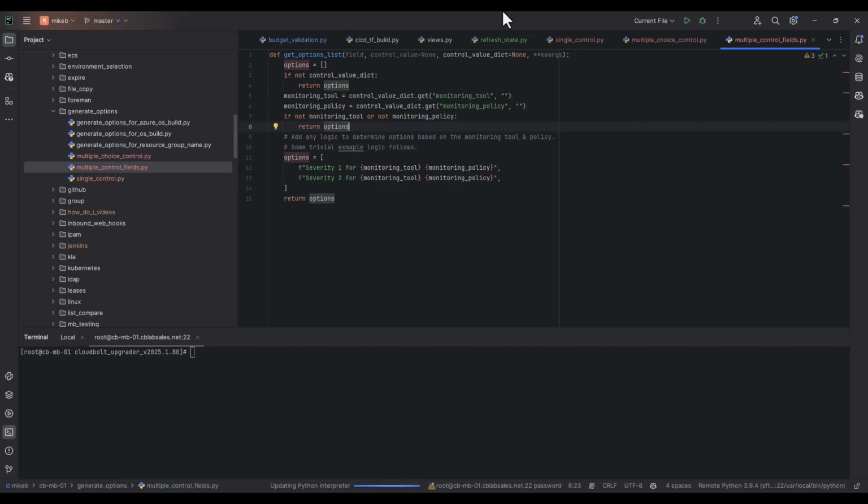Actually, I like to do this even better. So my options right now, it's a list. It's just a list. So I'm going to turn this into a tuple. And I'm going to give it a key value pair. And the big reason for this is because I want to kind of do what we did a little bit earlier, where we had a blank value available here. I don't want this to auto select. So what I'm going to do is I'm going to say